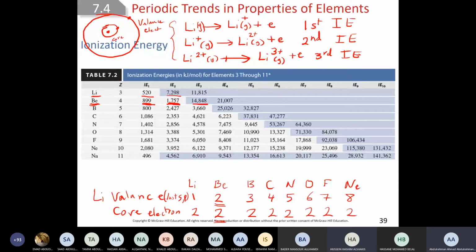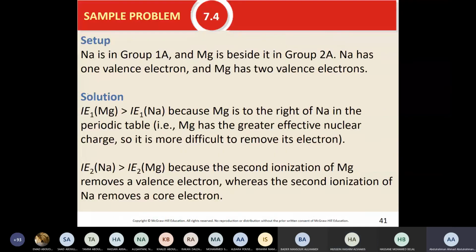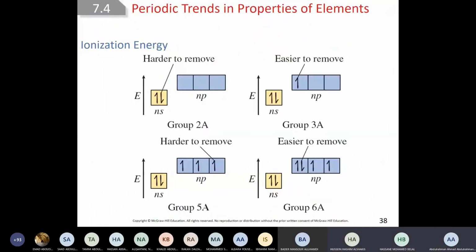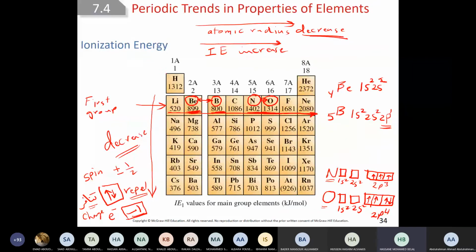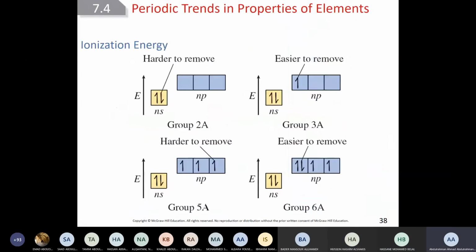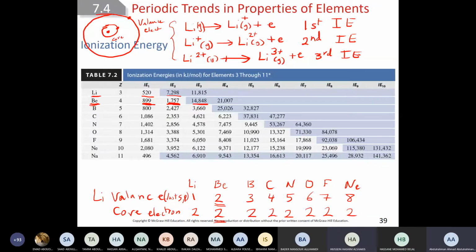Because it's on the right. The radius is smaller than lithium. Remember, this is what happened. As you go across, what happened? Decrease in size and increase in ionization energy. And that's why in this table, as you go